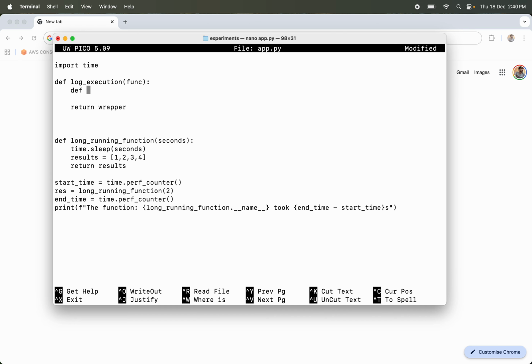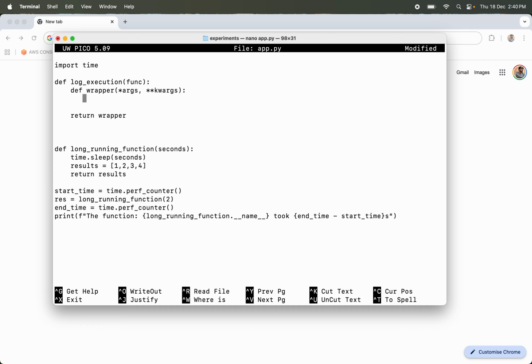So define, I will create a wrapper, and this wrapper will take all the arguments that this function can take. So essentially we want to take all the positional arguments and all the keyword arguments. Okay, after this we want to basically just do this kind of setup, but here. So we want to call this function with these arguments. Okay, so what I'll do is I'll define a result, and I'll call this function which is passed here,